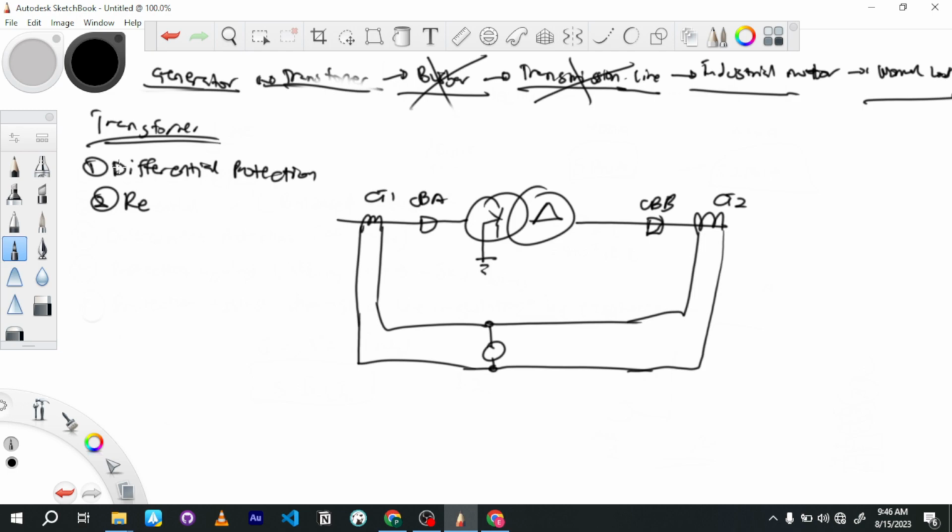On the high voltage side, the residual current of three CTs is balanced against the output current of the CT in the neutral. So you place a CT here, you check the currents after, and compare it to the currents from the neutral. You understand? And then in the LV side,